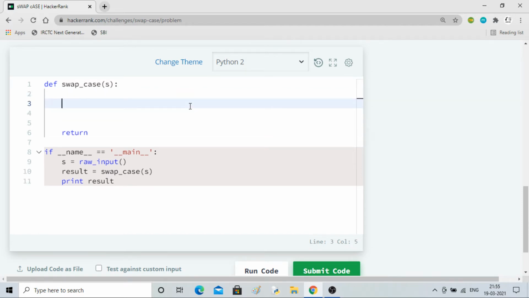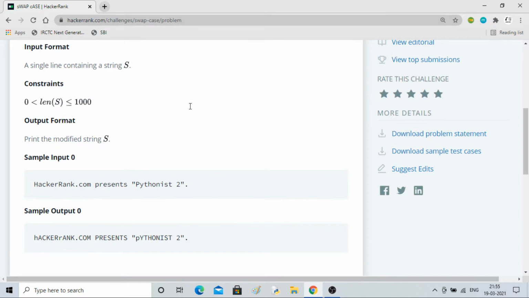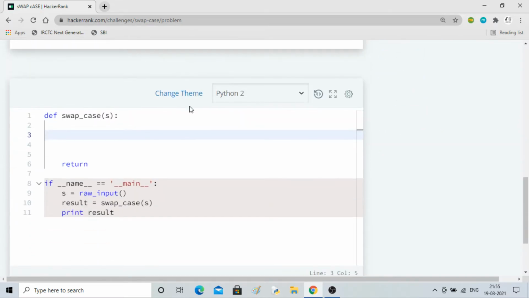First, I'll implement the constraints as always. So it has to be between 0 and 1000.